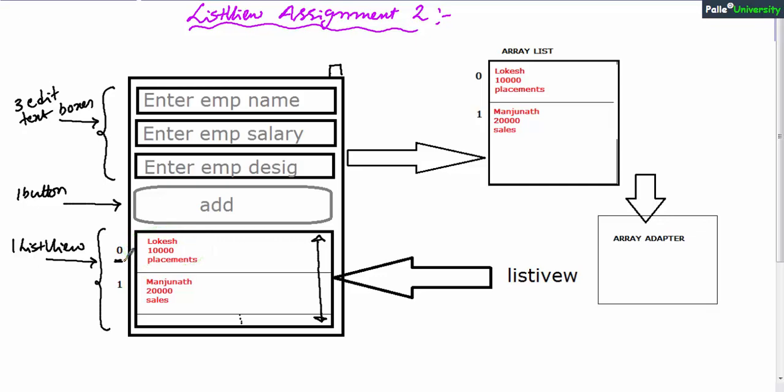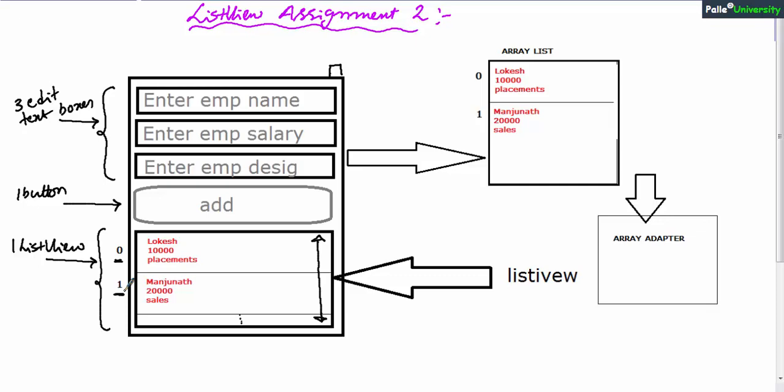Similarly, if I enter second employee as Manjunath and employee salary as 20,000 INR, anyway I will not type INR or USD, just simply I will type number, and second employee designation as sales, and if I click add button, that second employee details should be shown in the second row, that is in the first position, and so on.